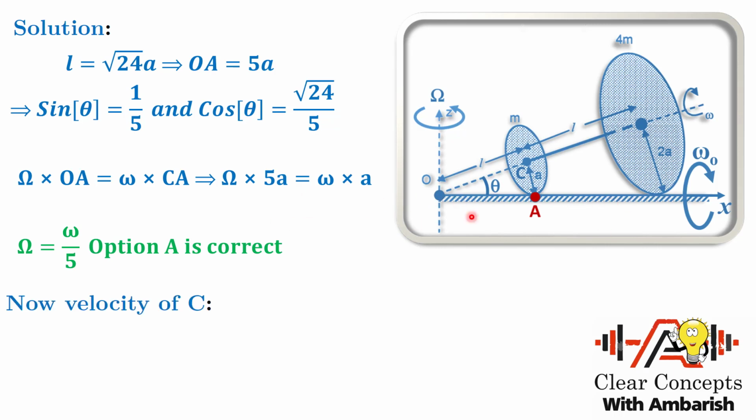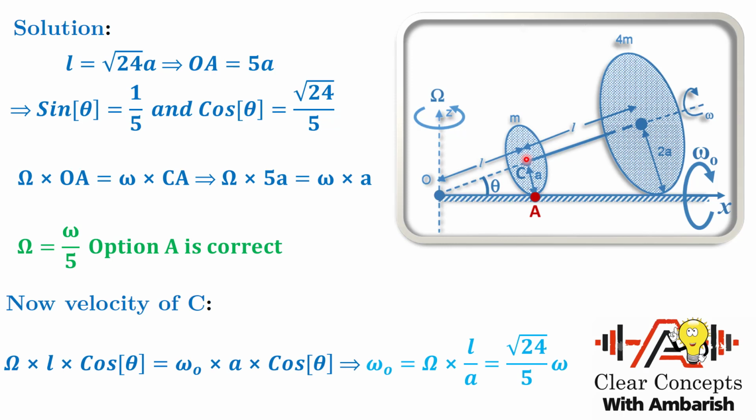Now the velocity of point C I can find in two different ways. If I find the perpendicular distance, this is L cos theta. From the vertical axis, the distance of C is L cos theta. So the velocity of C must be due to the revolution alone, that will be equal to capital omega into L cos theta. And since OA is the instantaneous axis, the velocity of C is also the perpendicular distance between C and the instantaneous axis multiplied by omega naught. So both should be equal. That's what I'm doing.